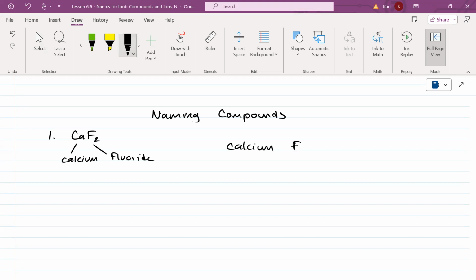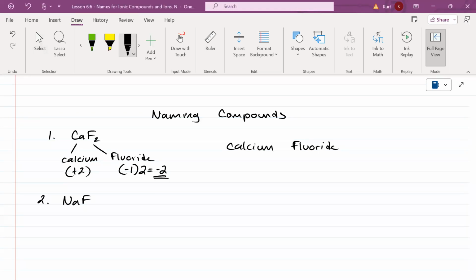By the way, both of these are monatomic ions. Calcium has a positive 2 charge. Fluoride has a negative 1 charge, so you need 2 of them to equal a negative 2 charge. That's why it's that ratio of 1 to 2. Next,